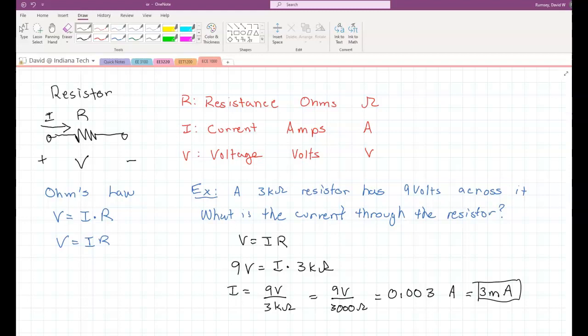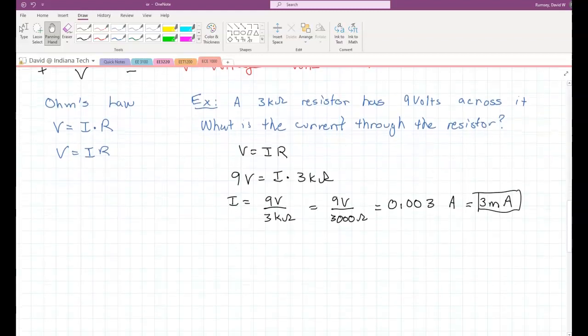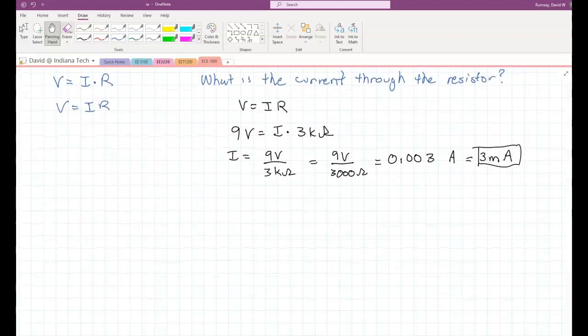The TI calculators all have engineering notation. Even most scientific calculators have engineering notation. So I would recommend setting your calculator for engineering notation. But what you can do sometimes when you're entering this, you can enter it however you want. I just want to show a couple tips. You can just do 9 divided by, of course, 3,000 to get the answer, or 9 divided by